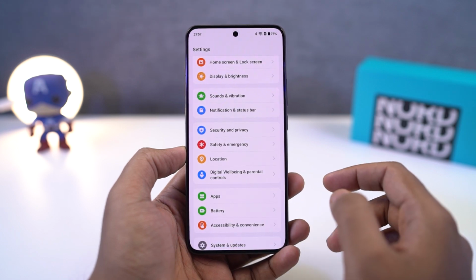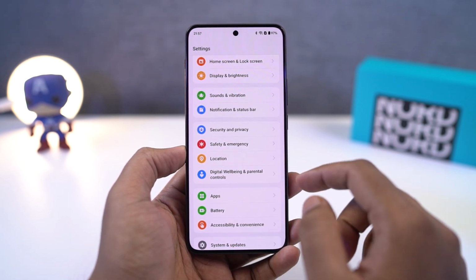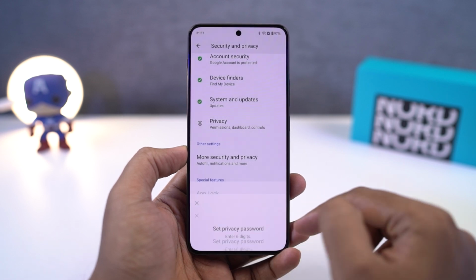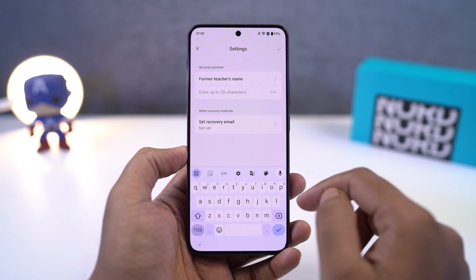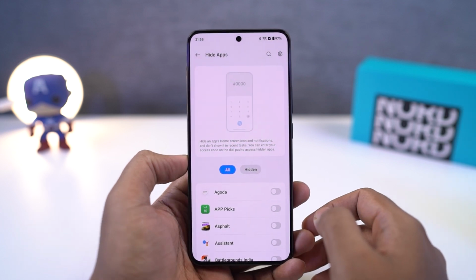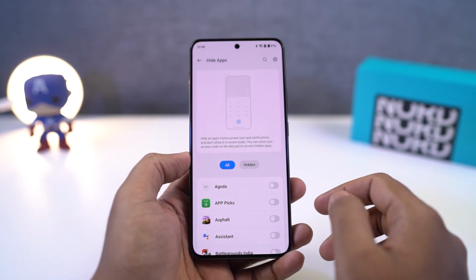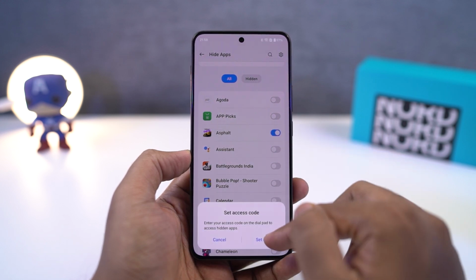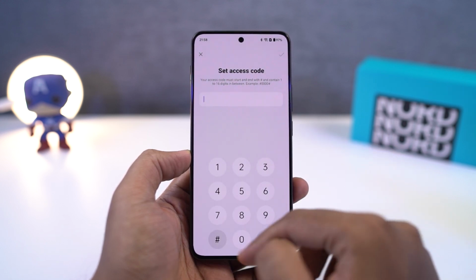Next, we can also hide applications on your phone. Let's say you want to hide some net banking related applications or authenticator applications, then you can do that on this phone. Just go to the settings, hide apps, and from here just set up the password and the keyword stuff, and once it's done, just select the applications that you want to hide, click OK, and all those applications will be hidden from the default app drawer. Now to open those hidden applications, just open the phone dialer, enter the secret code, and now you can